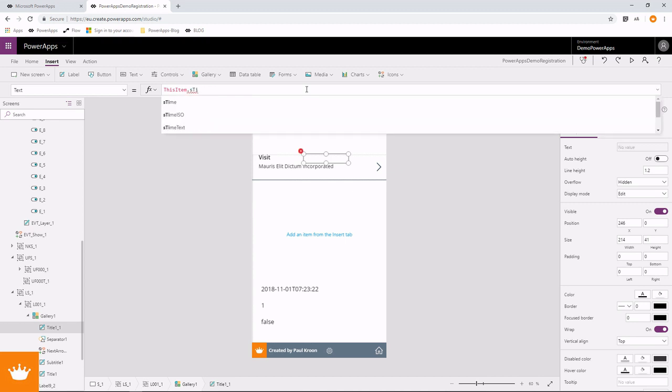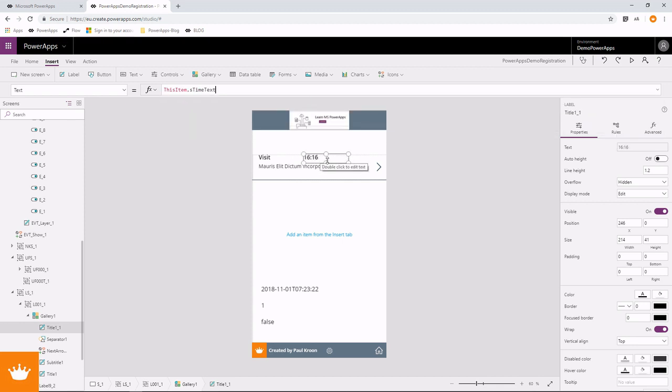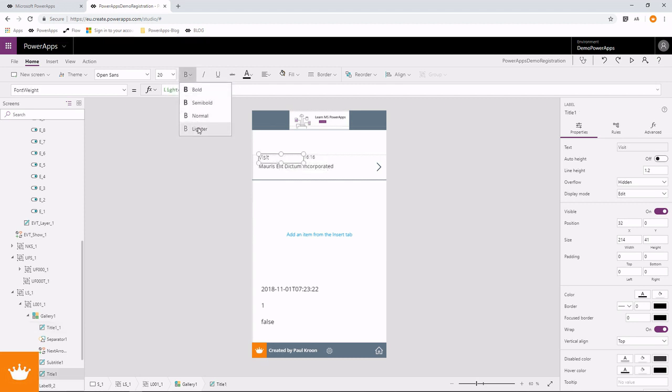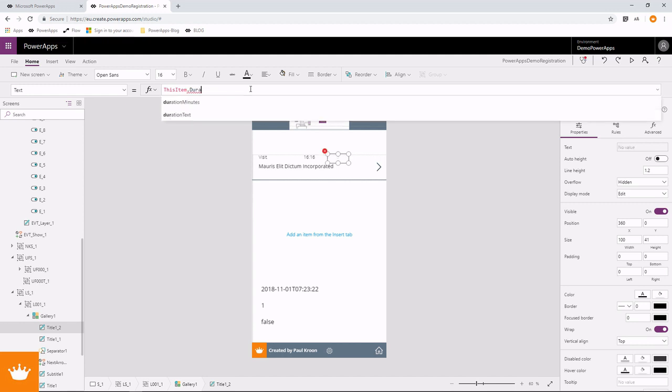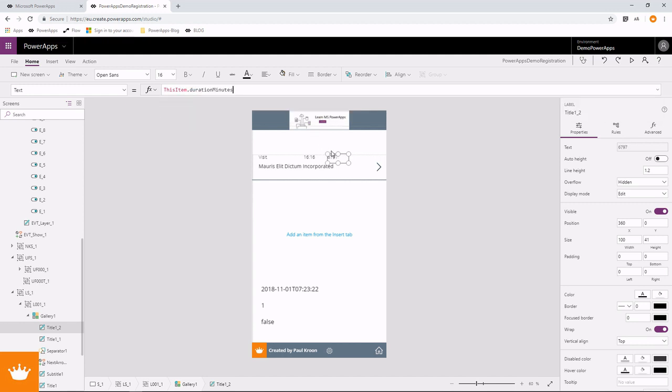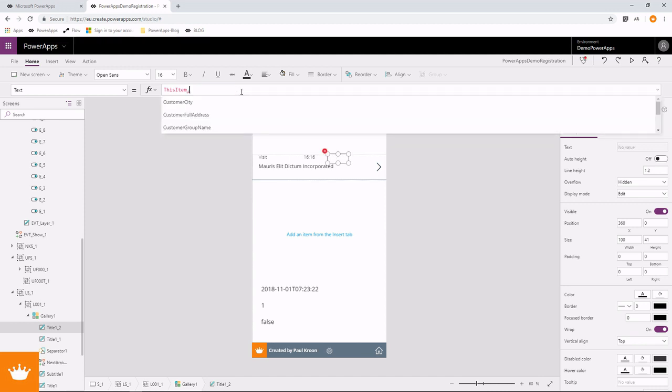start time text. So we are started at 16. Let's make this a little bit smaller. Let's do 16 and make it light, and make this lighter also, and 16. So we had a visit, we started at 16, 17, and let's see what we, and the duration in minutes. Okay, and this is long ago, so the duration is, let's not do the duration, let's do the duration